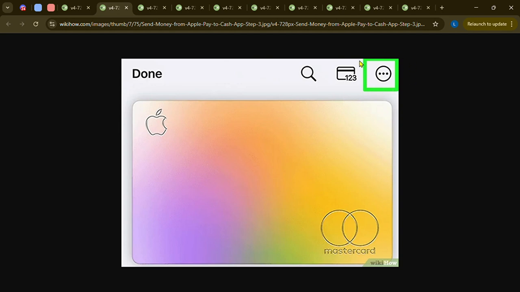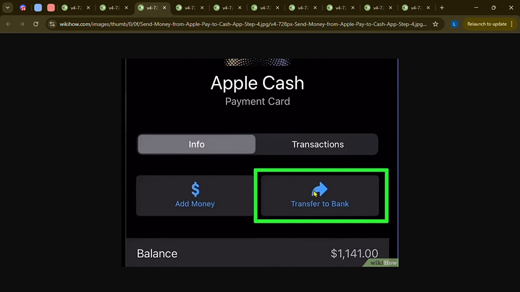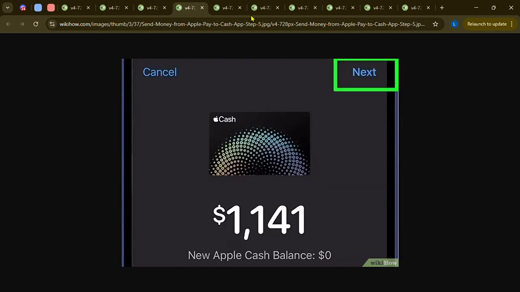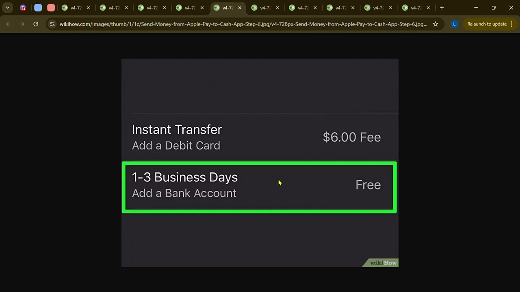Then press the three dots, which you can see on your iPhone. After that, you need to transfer to your bank. Press Transfer to Bank. Then press Next. And then choose the one that has 1 to 3 business days,